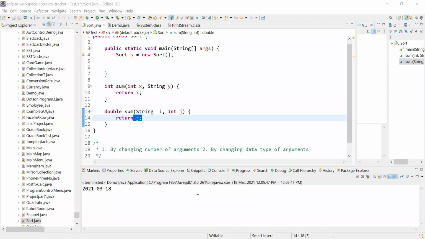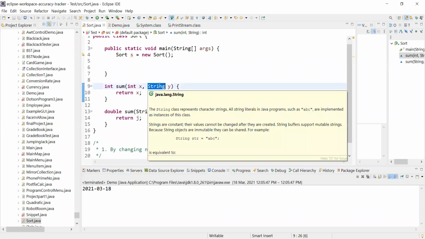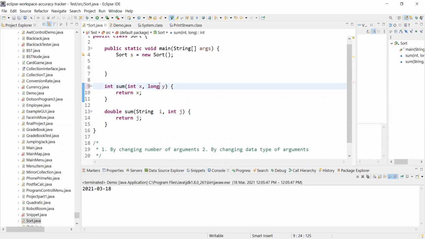So let me take an example. Let's say we have this code in sum. I'm saying int x, then long y.